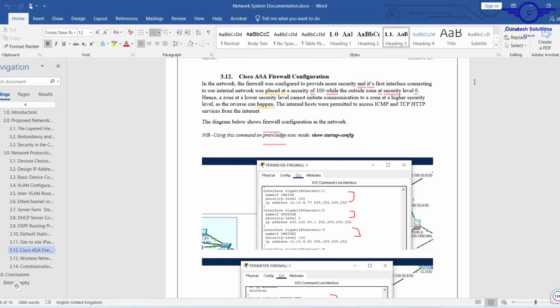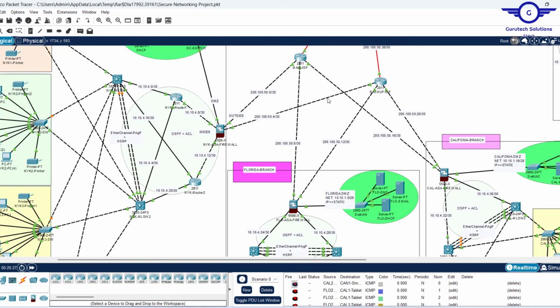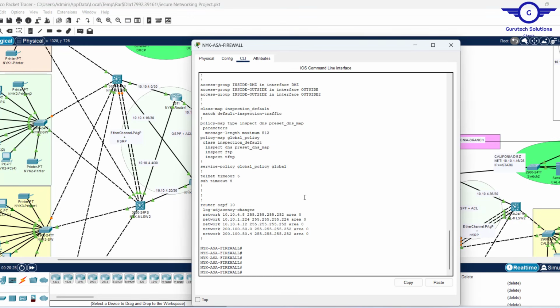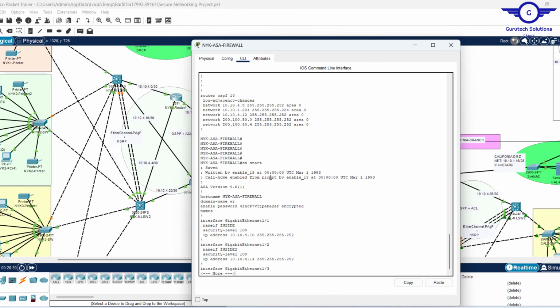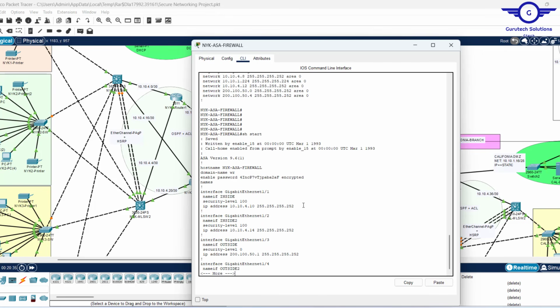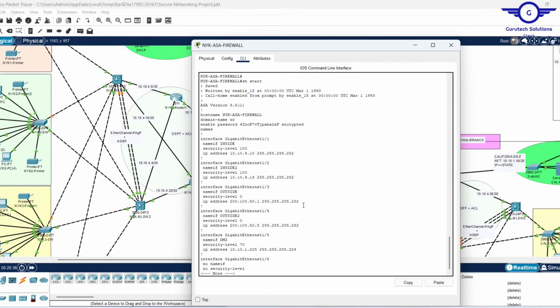the Cisco ASA firewall. All right. So if you go into every firewall, then you just say show start. Okay. We have a host name. Okay. There we have enable password, which is encrypted. Then, like in the firewall I mentioned, we have what's called zones: inside zone, DMZ, and